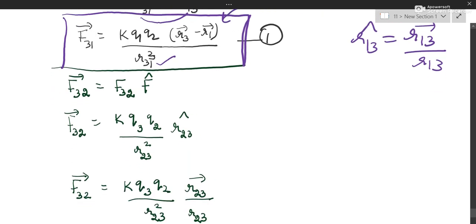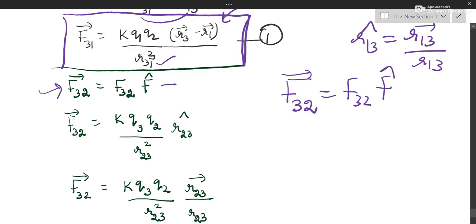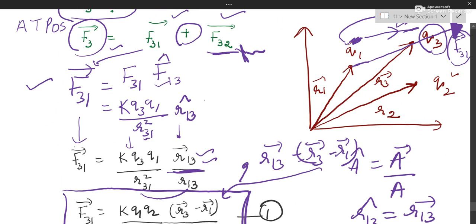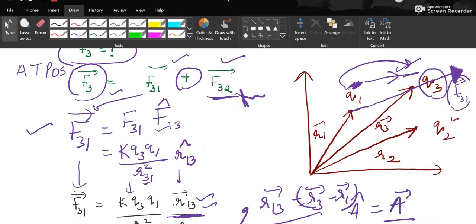Now what is left is force on third by second charge. So this again I will write. Force on third by second charge can be written as magnitude into direction. That is what I have written here. The next step is this, k, Q3, Q2 by mutual separation between 2 and 3 squared. Now coming to the unit vector, let us go to the diagram once again and change the color as well.